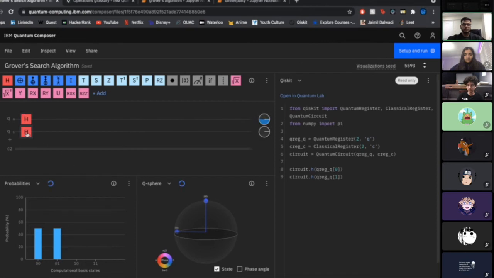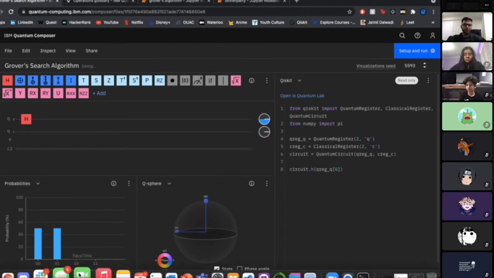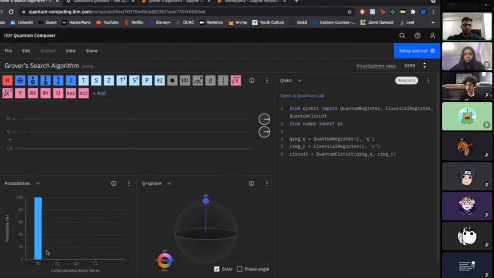So what this does is it sets them both into something called superposition, which is probability in the most basic sense. And I'm not really going to go into the gates too in depth because I know that you guys may be beginners and it might be very intimidating. So we'll just do a little bit of drag and drop. As you can see here, before it was just 0, 0, right? So when I add it to the first one, it becomes 50-50.